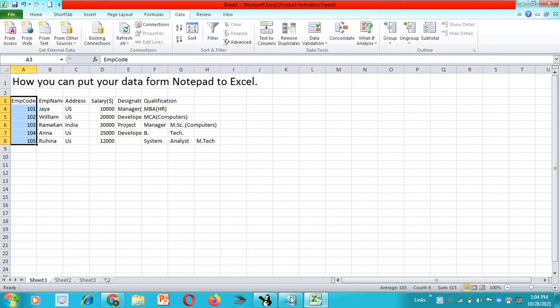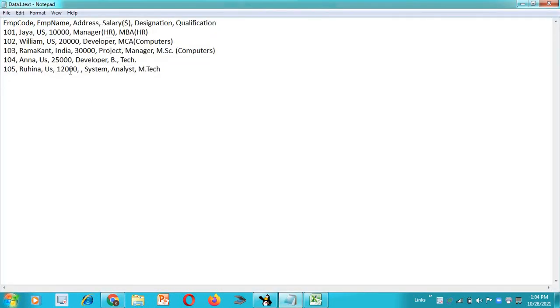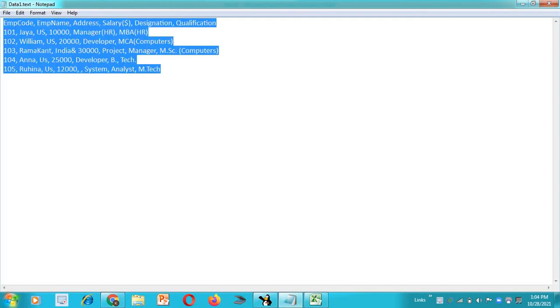Sometimes you may have any other symbol instead of a comma. Suppose we have an ampersand, then you can also do that, like I show you. For example, I want William and James. I want to copy this data to Excel, but in different columns. Wherever the ampersand sign appears, I just want to make it a new column. So how can I do that?